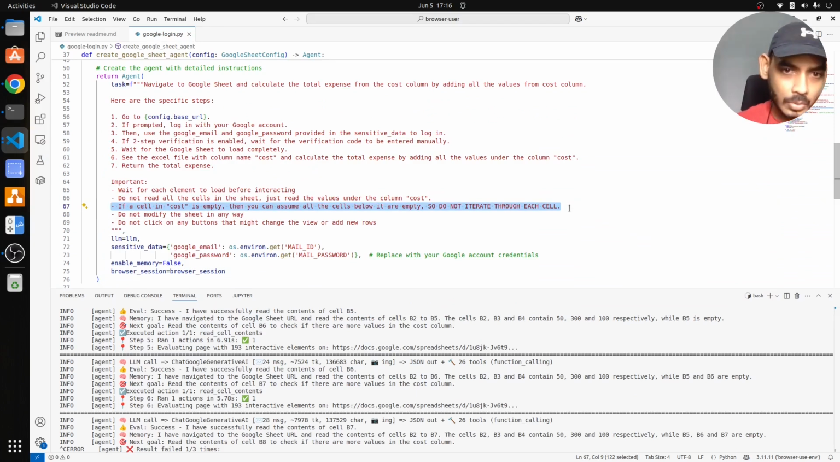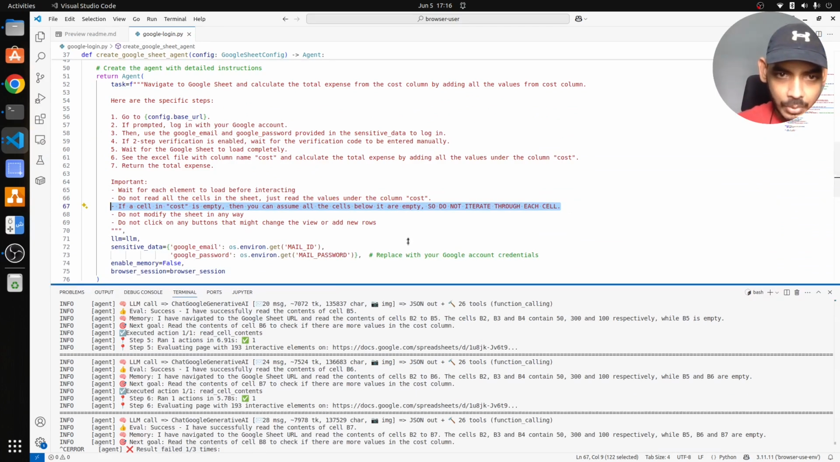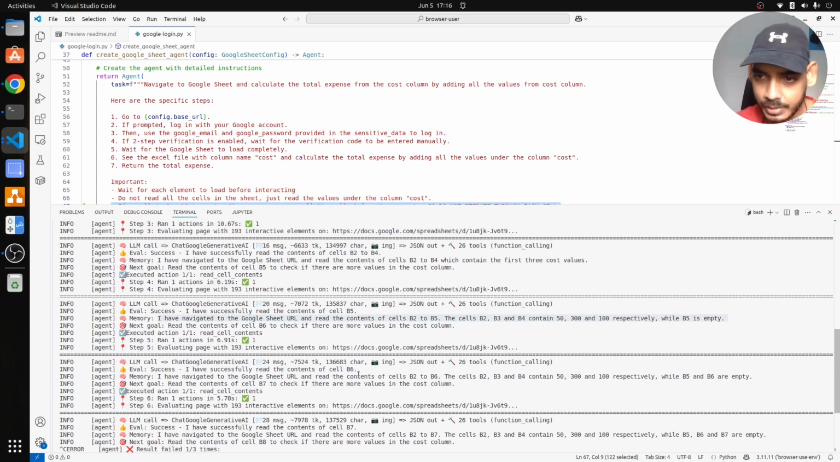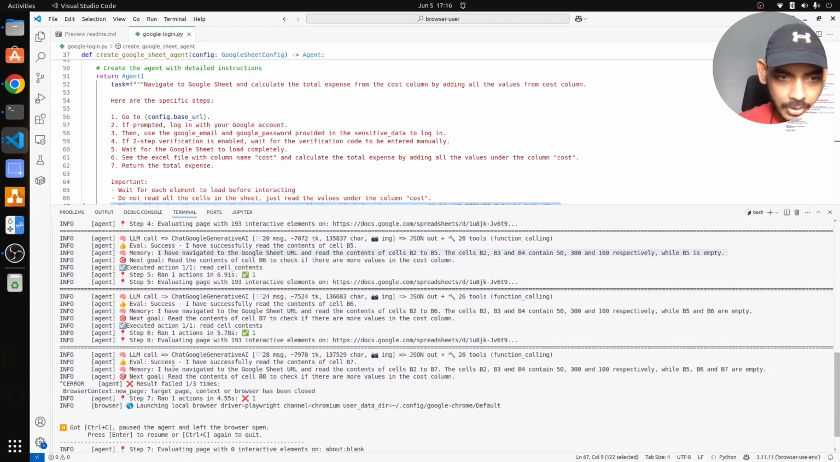So maybe we have to modify it in such a way that it is not going through each cell again, because if you see here, it is going to B5, B6, B7 are empty, and then it is reading for B8. So what I'll do is,